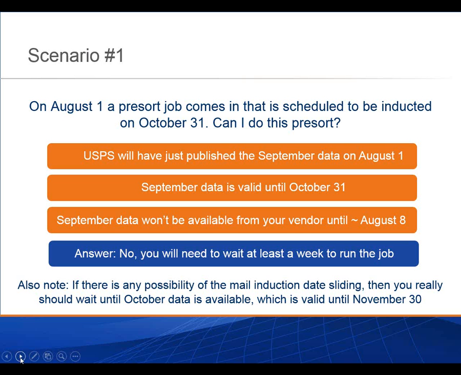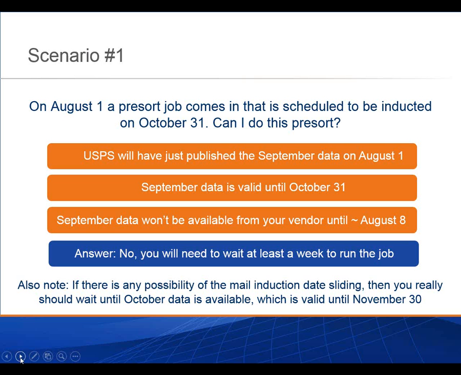The catch here is that September data won't be available from your vendor until approximately August 8th. So even though the Postal Service published the data on August 1st, the vendors still have to compress it, test it, make sure there aren't any issues with it, and then publish it and make it available to you. So in this scenario, the answer would be you couldn't run that job on August 1st. You would have to wait a week for the software providers like Satori to make that data available to you, and so most likely a week later you would be able to run that job that would be inducted on